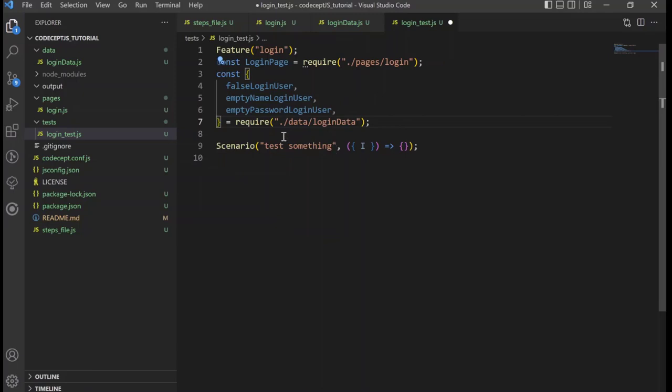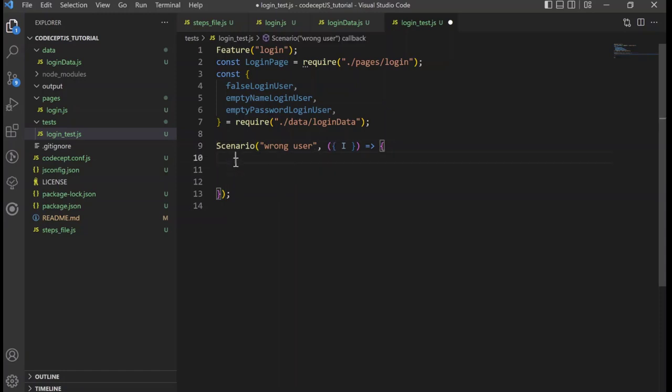And now, as you see, it says test something, but I will use wrong user. You can write longer descriptions here, you can even write a paragraph, but I will keep it short.